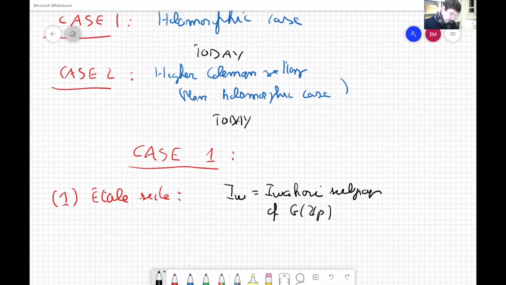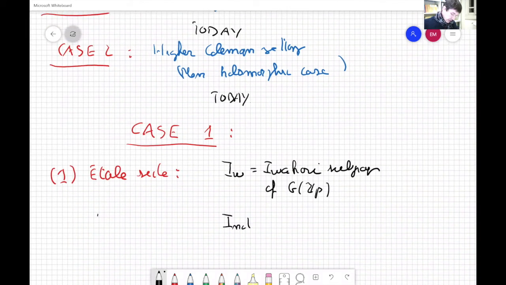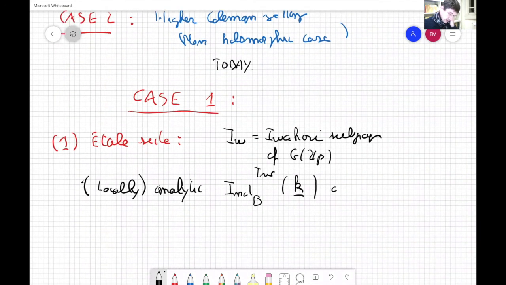And the coefficients that we consider are the locally analytic ones. In this talk, for simplicity, we just consider analytic induction from the Borel to the Iwahori of K, and actually its dual, which will be the space that I will denote D étale of κ,